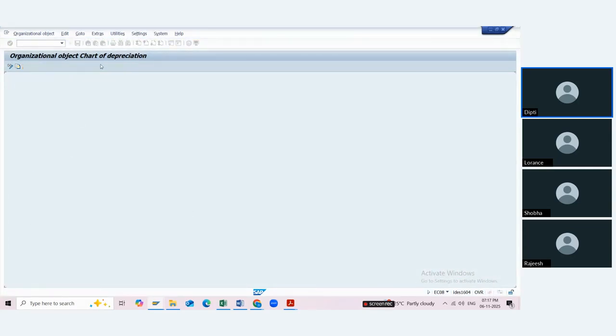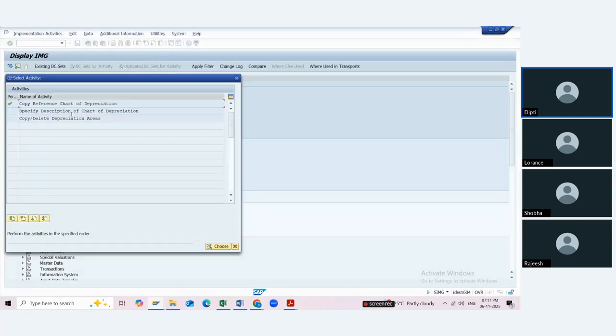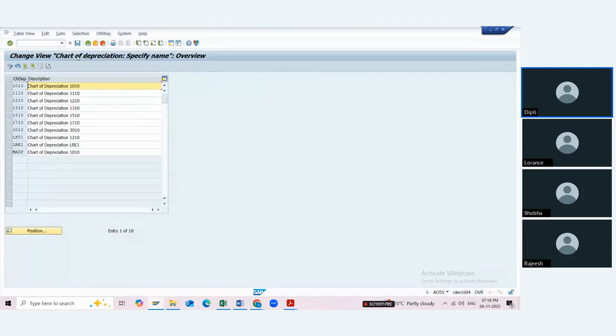Now let's see. I'm not sure what got copied, but otherwise, when you copy it for India, we get India related book depreciation, 15 as the Income Tax Act depreciation, but I don't think it is here. So let's go back.